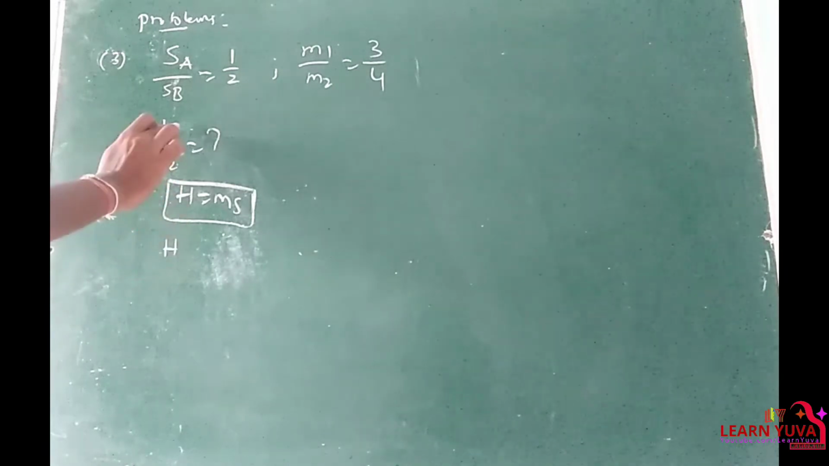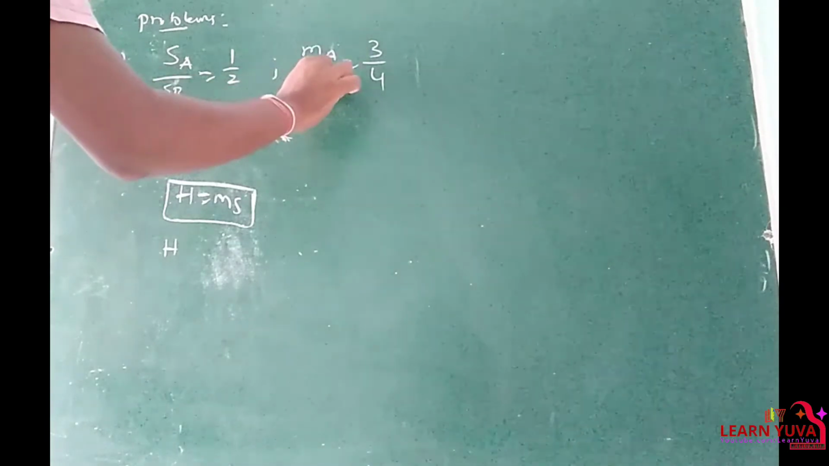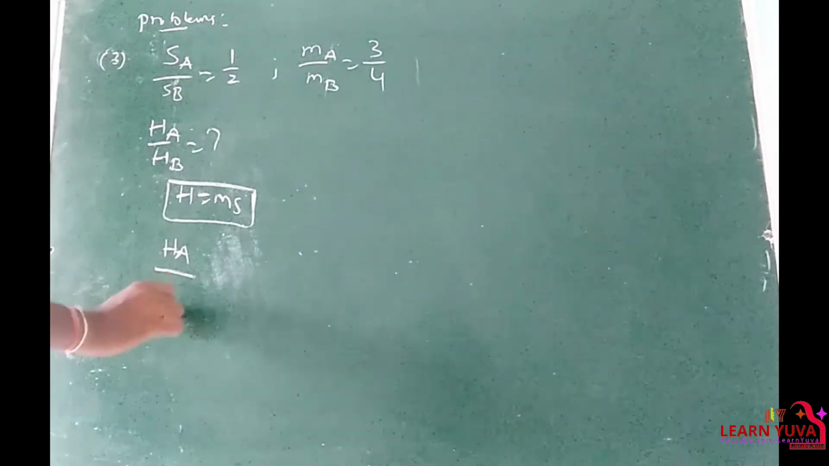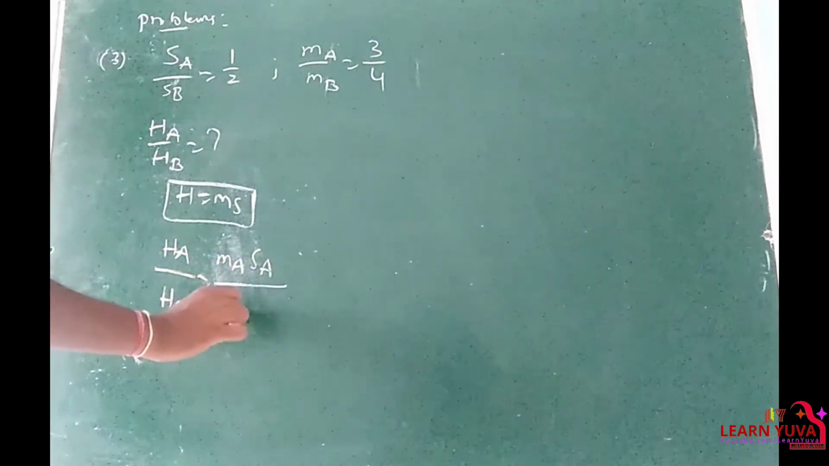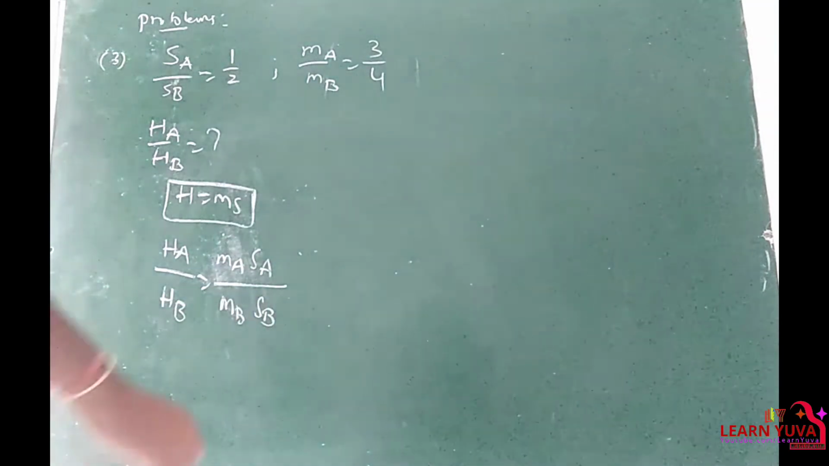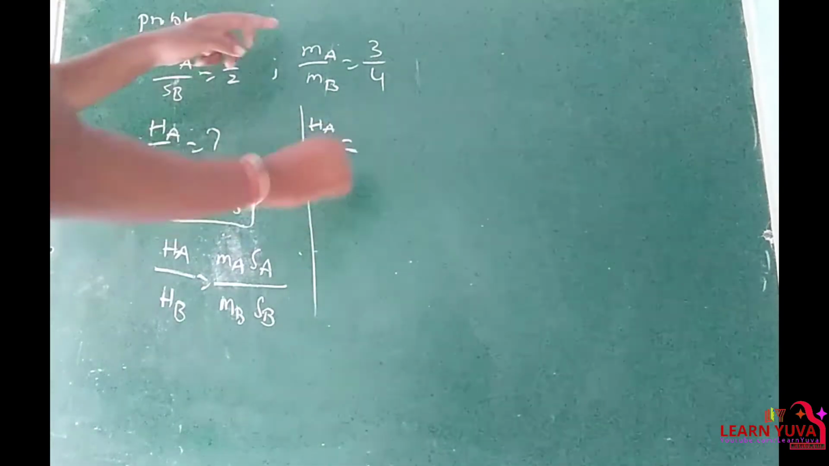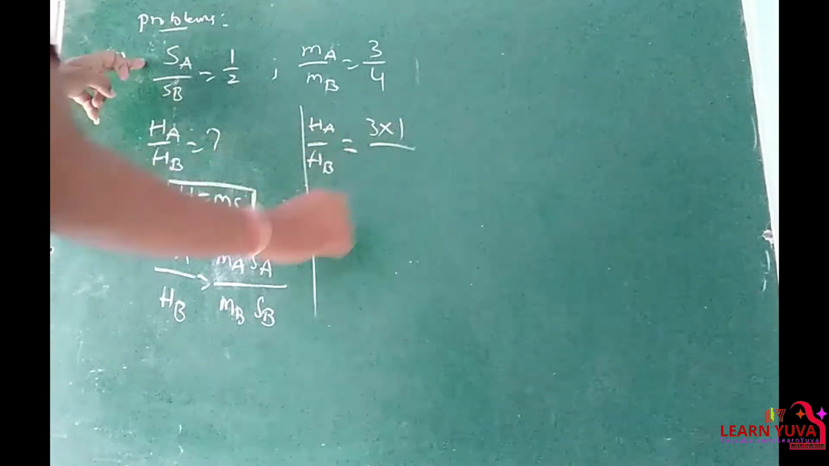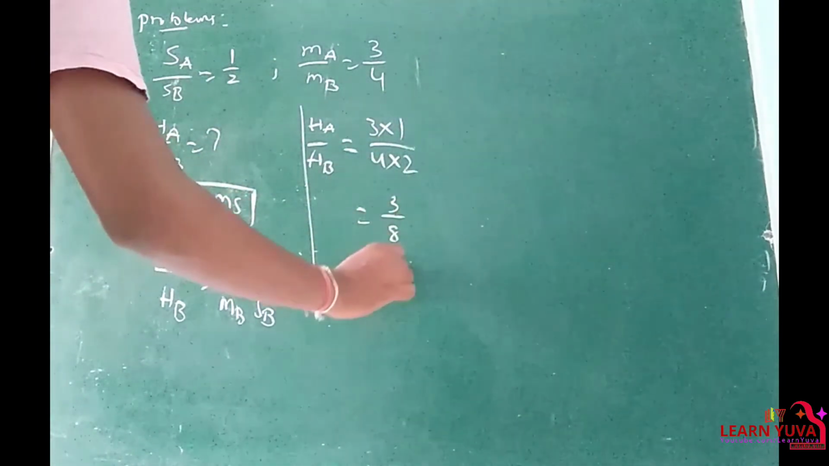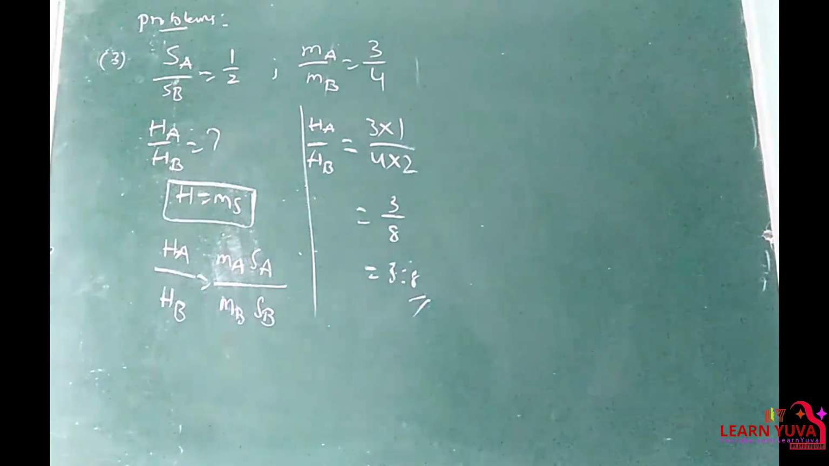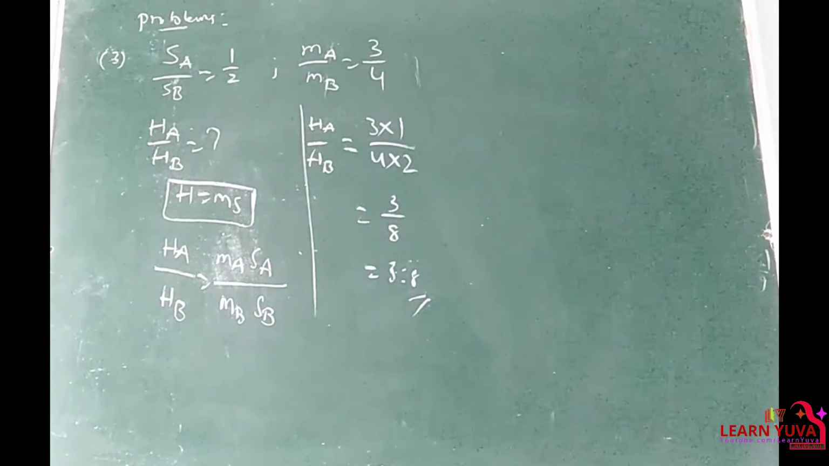HA by HB, right? MA, MB. HA by HB is equal to MASA by MBSB. Clear? So this implies HA by HB is equal to MA 3 into SA 1 by MB 4 into SB 2, 3 by 8, that is equal to 3:8. Clear? Next,